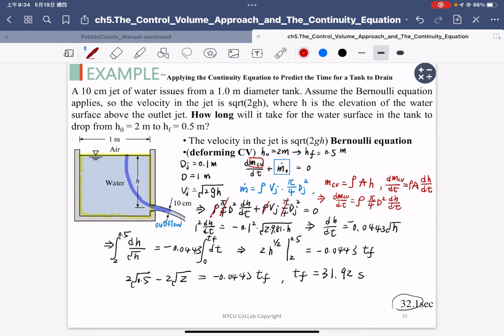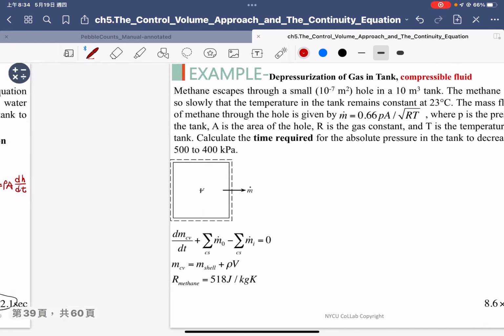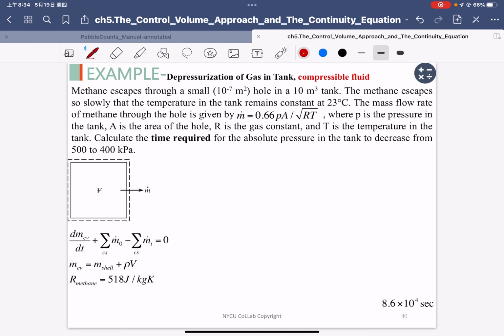Okay. On Wednesday, we applied the continuity equations to the problem of the water tank, and now we have an additional exercise. Still a tank, but this time the fluid material is a gas. So as we can see, what are the questions? We have a small hole, and the small hole with the area is